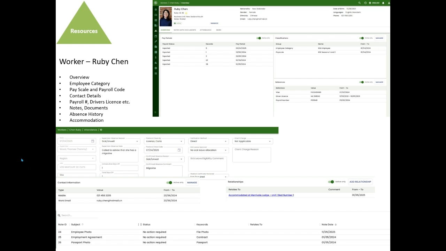Moving on from the vineyard, we're now going to briefly look at resources. The resources are the people or things we use to undertake the work in the vineyard. We're starting off with people, workers, as the key resource. When we look at a worker, we can see that we have a picture of the worker, we have key